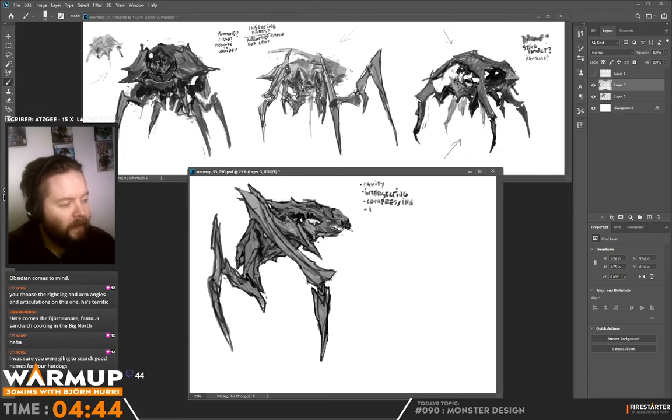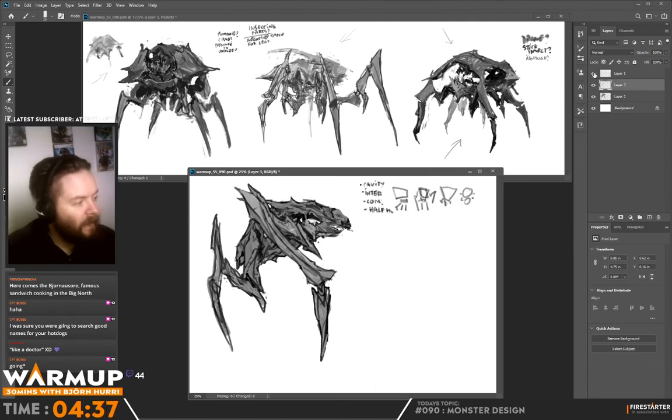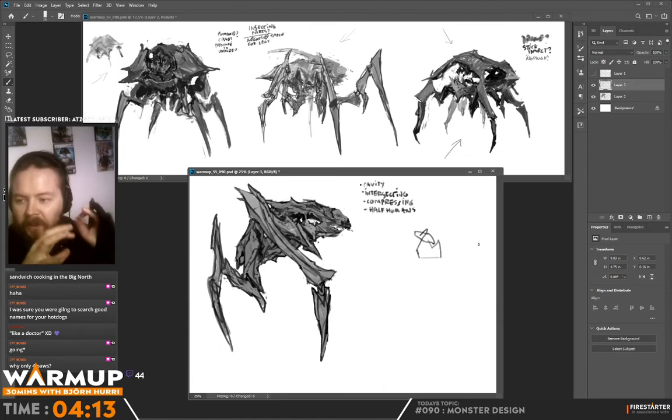We added the half human proportions. And if we're gonna break it down like that, the shape from the side is like a shrimp. And then like that. And that's a quite iconic, readable shape. What's cool,